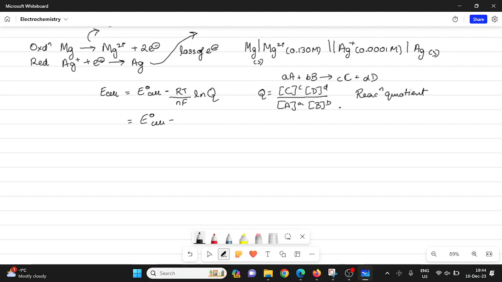So Q is the reaction quotient, and this can be rewritten as E naught cell minus RT by NF ln Q, which can be written as minus 0.059 divided by N log Q. And for our reaction, the value of Q is going to be the concentration of